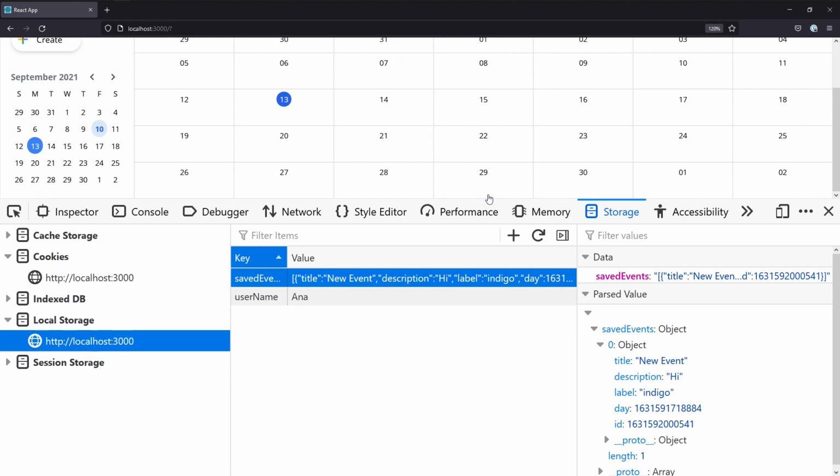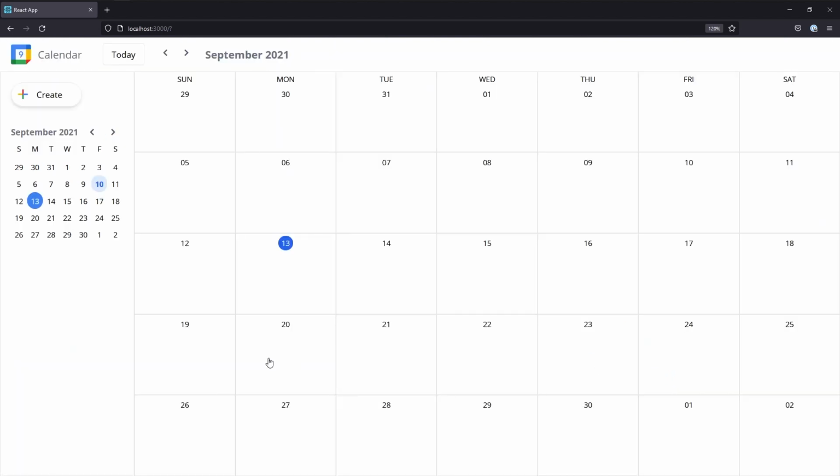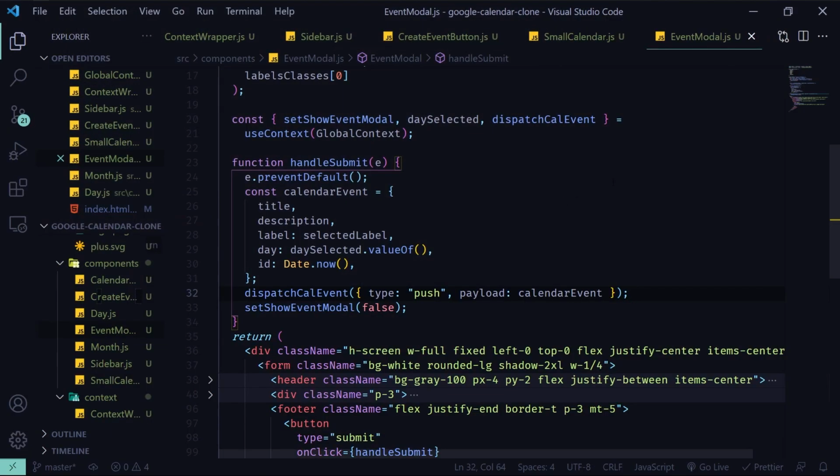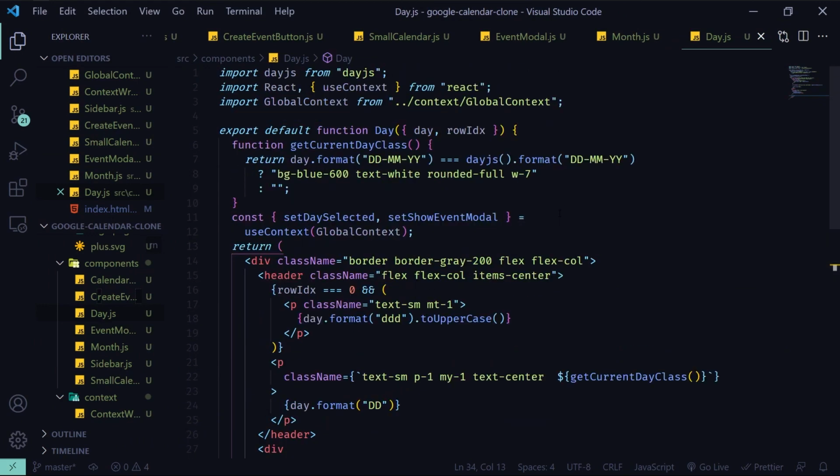And let's give it this. And now we have two values in the storage. So we have the values, but we need to display those in every day, right? So we need to display those events in every grid. So for that, we are just going to open the day.js component, and here we are going to